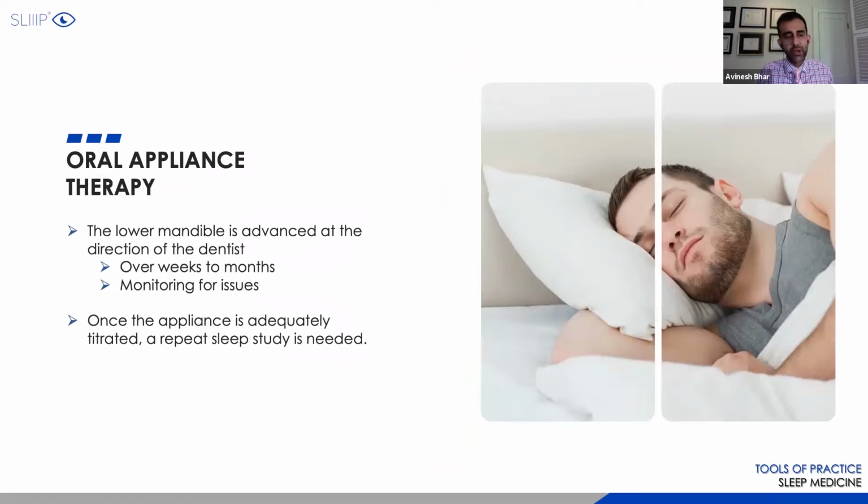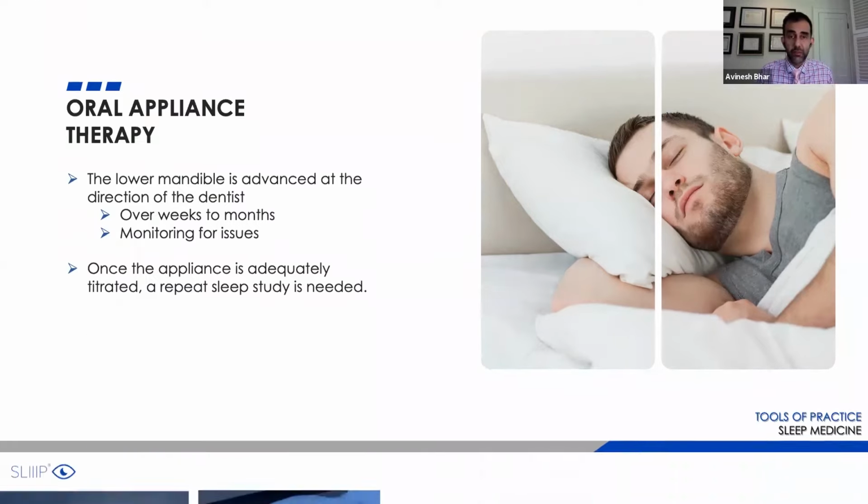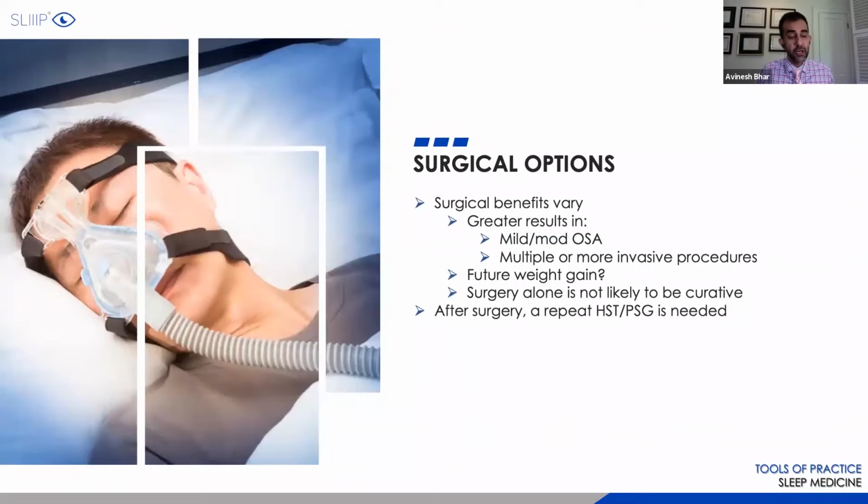So like I say, over weeks to months, and they need to have a sleep study after that to verify that the device is actually working the way it should, because you want to get the AHI down. Sometimes you can't. And then you may want to think about combining the oral appliance and the CPAP. What that does is it allows the CPAP pressures to be a little bit lower. And if they were not tolerating the high pressures, that's a great adjunct to use with CPAP as well, which we'll talk about later.